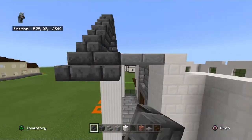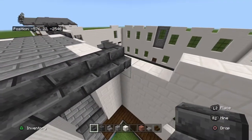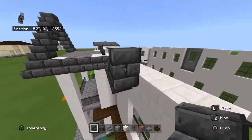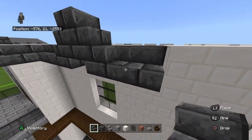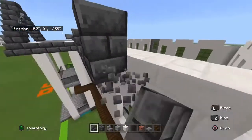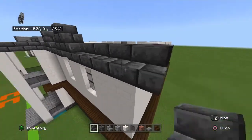But yeah, I'll show you like 2 more and then I'll just kind of fast build it for these. So again, it's the stairs moving across, and first block up, place a stair curved forward, upside down stair right of that, stair above that, stair right of that, upside down stair below that, stair right of that, stair right of that facing forward, stair right of that facing left, upside down stair right of that, stair above that, stair right of that, upside down stair below that, stair right of that, and then go to the corner,